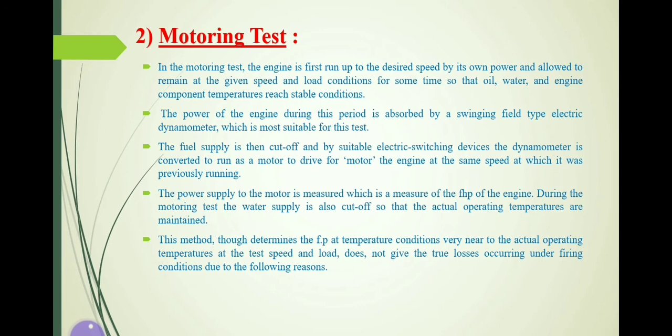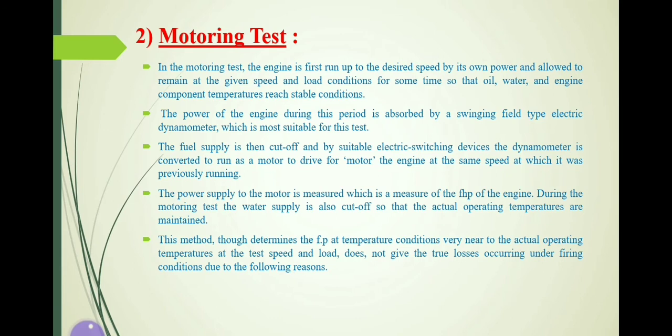This is for example. Now, in the next step, we have to cut off the power supply inside the engine. If it is an SI engine, we have to make the spark plug inactive. If it is a CI engine, we have to make the injector inactive, so that no power is generated inside the engine. If the same condition continued, after some time our engine would stop. But we don't have to stop the engine. We have to keep the engine running at a constant speed.